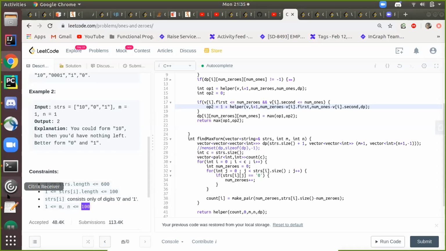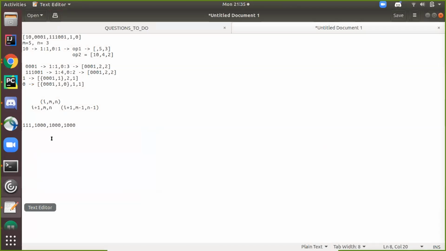It will be 2 raised to the power of the size of the string, like the number of strings there are, I think. I think it will be 2 raised to the power number of strings into number of words, maybe. Yep, right. Because I'm counting the number separately. Oh, okay. My bad. Yeah.